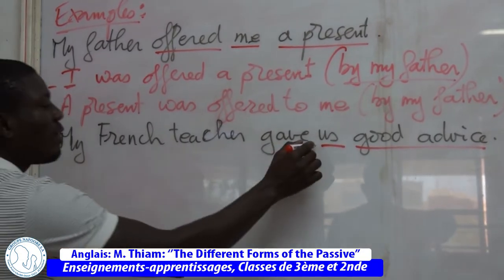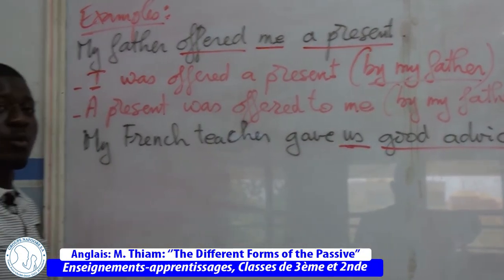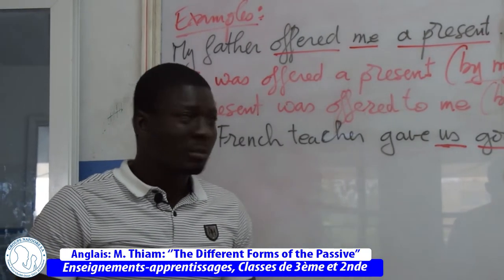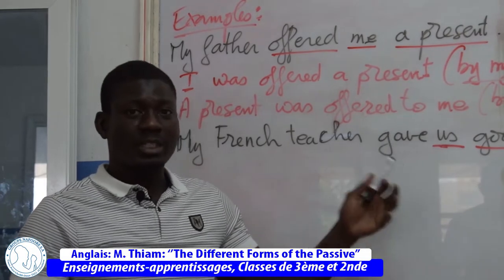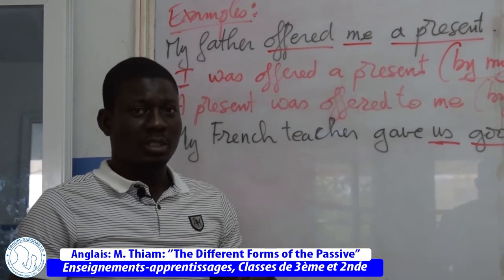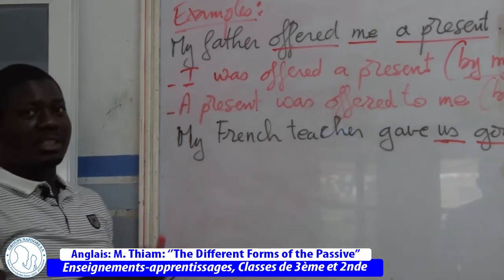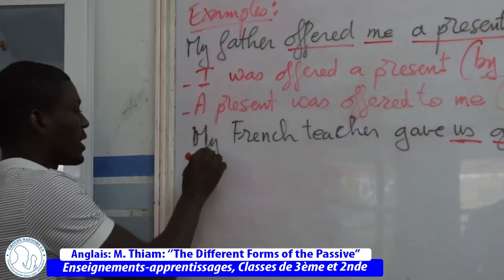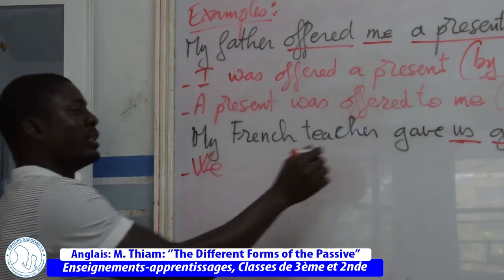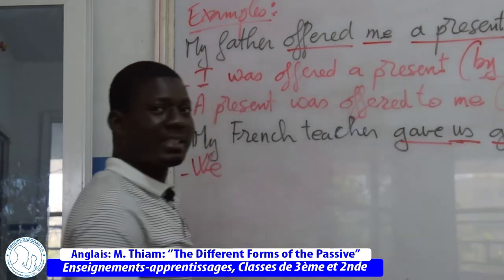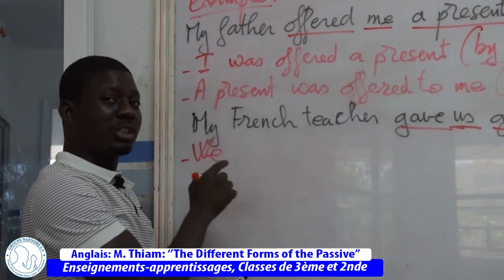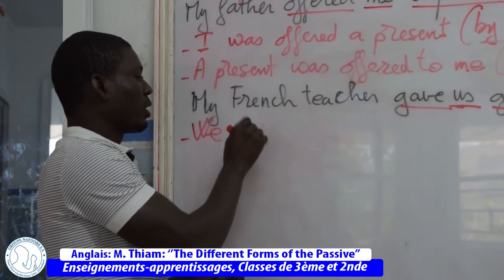Now, if us should be transformed into a subject, will we still have us? No, because us is an object personal pronoun. And for it to be a subject, we will use the subject personal pronoun, which is we. Okay? And give is in the simple past. So, the auxiliary to be will also be used in the simple past. We were,